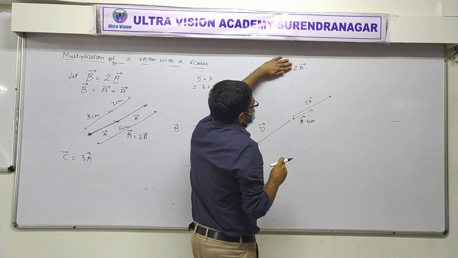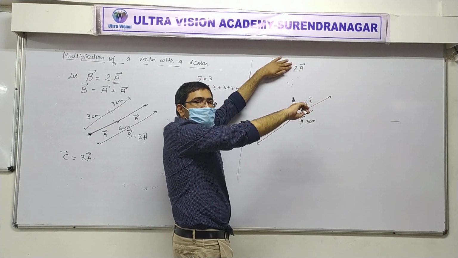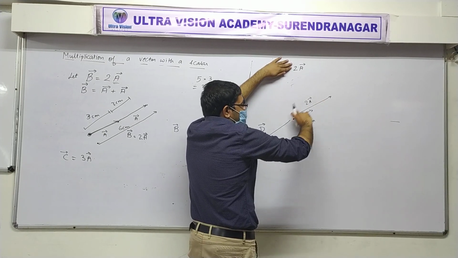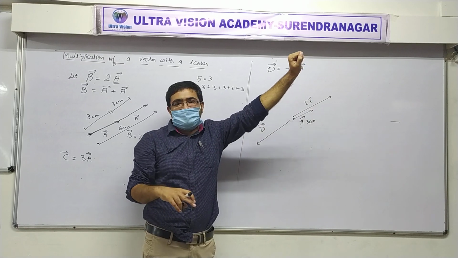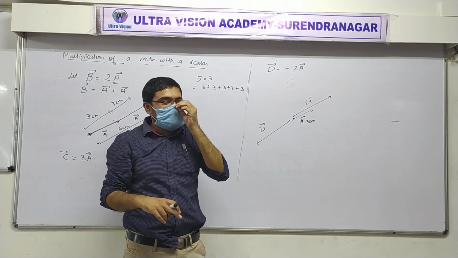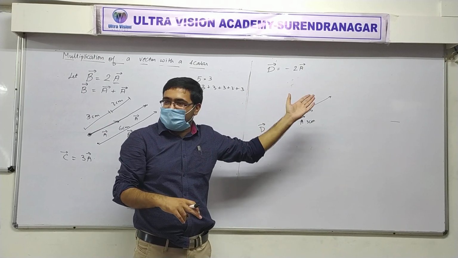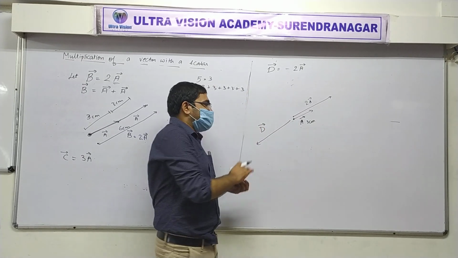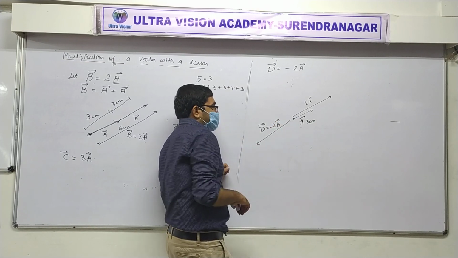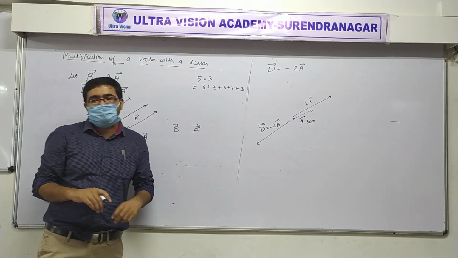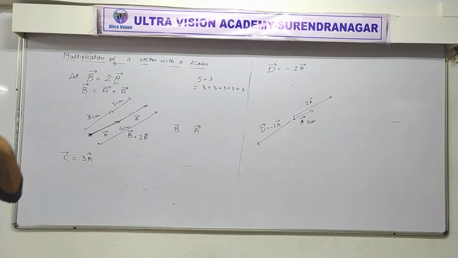First of all, we have just drawn 2A vector. આ ખાલી 2A vector છે ને? પછી એમાંથી D vector કઈ રીતે થાય? By putting this minus sign. So when you put that minus sign, what happens? The direction of this D vector will be opposite to 2A vector. Did you get that? So this is D. It is equal to minus 2A. Now, simple question. What is the magnitude of D vector?